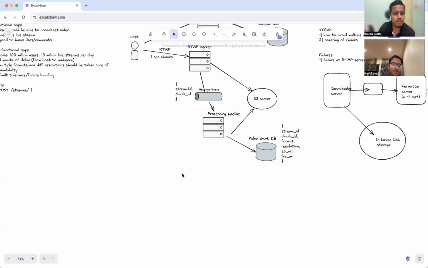The other way could be using something like a persistent connection. We create a socket connection from the user to the backend, and through this socket connection the video chunk is sent to all these users. But as we have seen earlier, for the same purpose we were using a different protocol, the RTMP protocol, and not WebSocket, because WebSocket is not for video and audio files. So RTMP we could use, but if you look closely, even for RTMP,